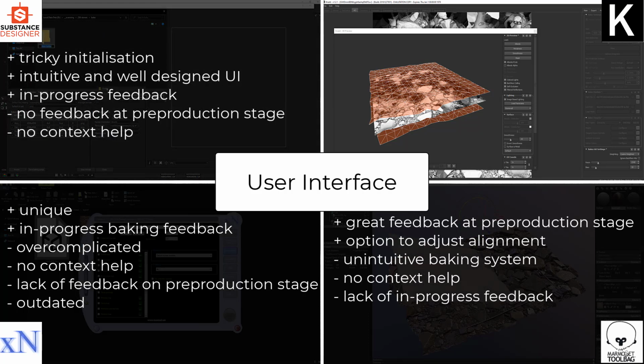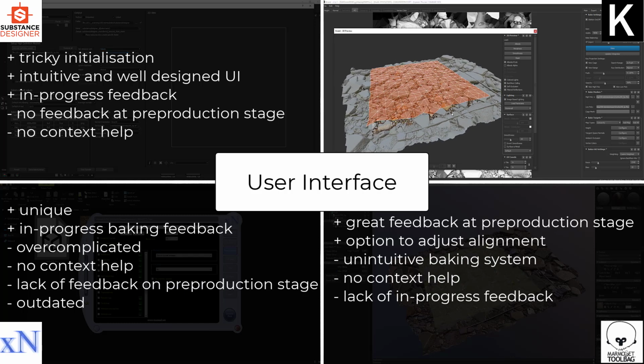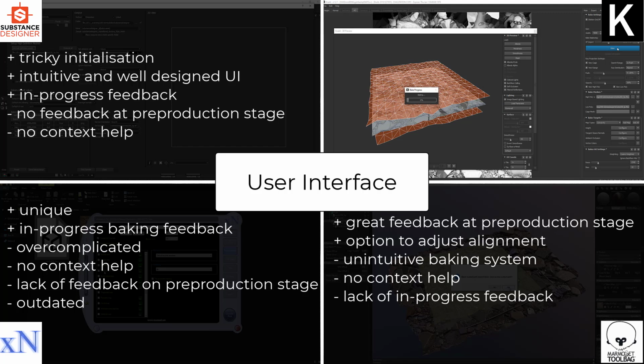While it is very hard to find out how to open the Substance Designer Baker window, especially if we don't know how to do it, when we finally do, we get a very simple, functional and well-organized user interface. In my opinion, Substance Designer Baker is quite easy to set thanks to the setting window, which gives decent overview of all our options. It lacks the visual feedback for the high poly and low poly model alignment, but offers in-progress window, which is very handy as we can see if something goes wrong and stop the baker. I really like this one, but the way to open it really could be done better.